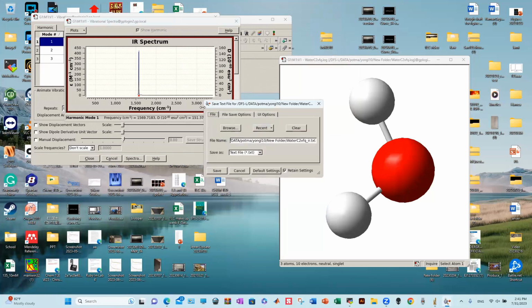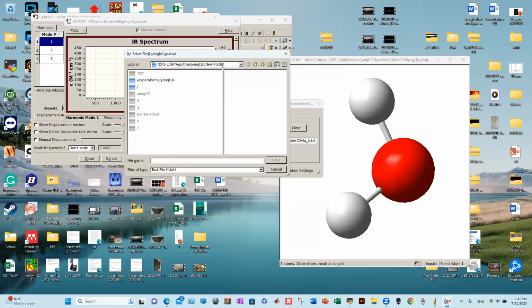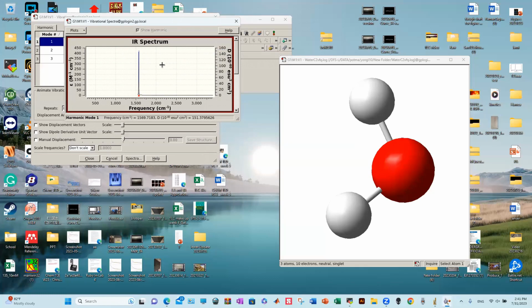This will actually save data to your Gaussian folder, and later on you can copy paste into Excel to generate data yourself by using Origin or Excel sheets. What's important is when you do a data save, I suggest you have another folder created just for the spectra, because spectra is a text file, and to read the text file, you have to select all files. So in a folder, if you're doing a calculation with .conf file, .log file, and some other files, you're gonna have five